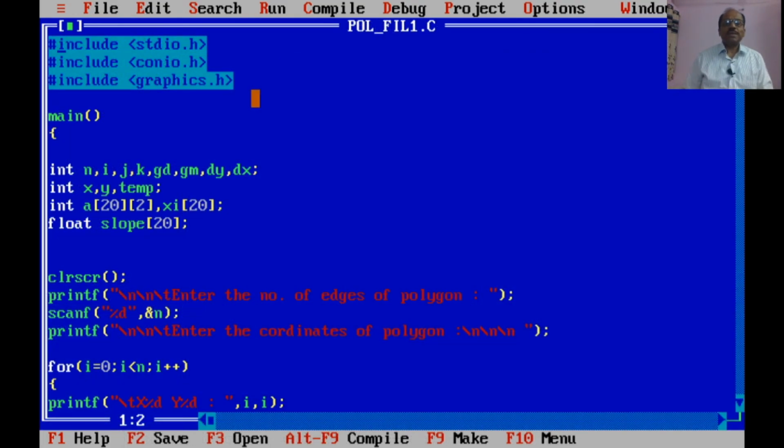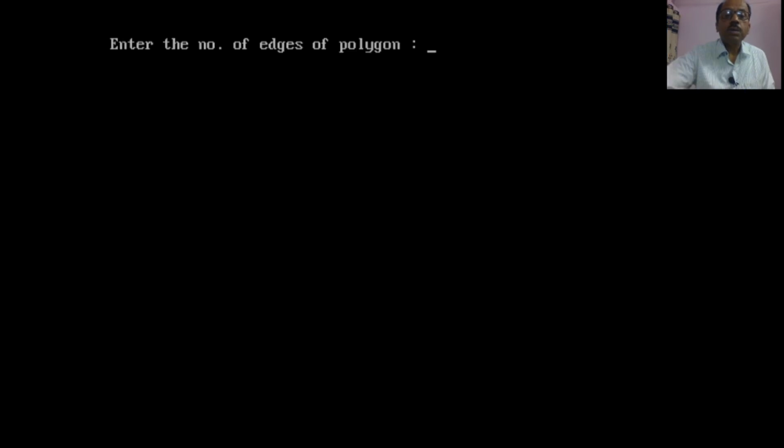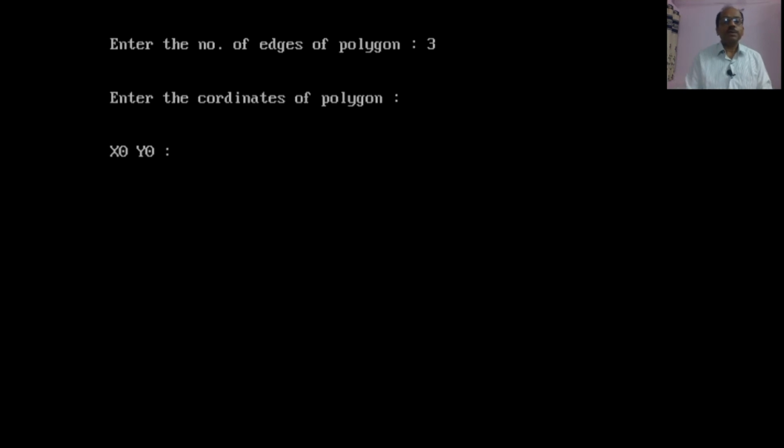Now, I will take another program to show you how these are filled. So, let us start the other program to show the fill, how polygon surfaces can be filled using this algorithm. So, it is the program, we will execute it. We have to put the number of edges. Let us take 3 edges.